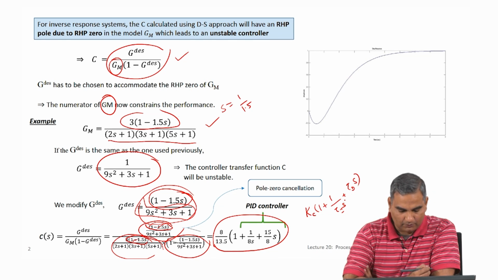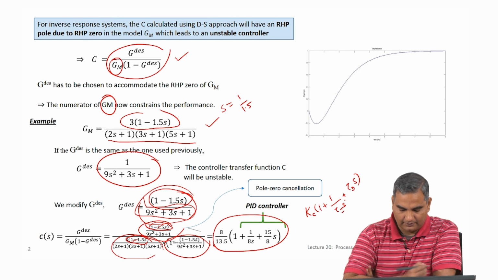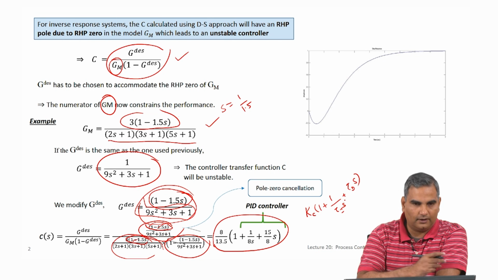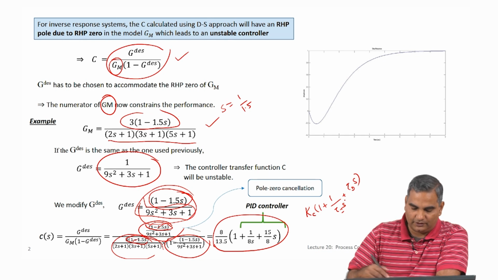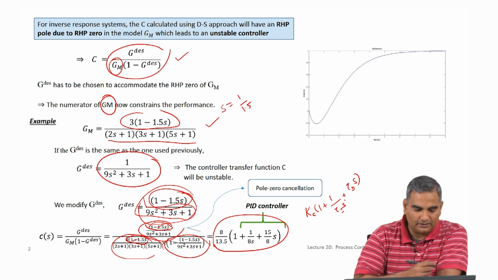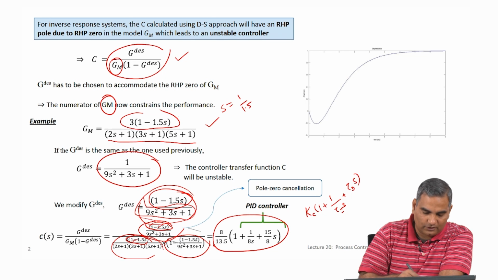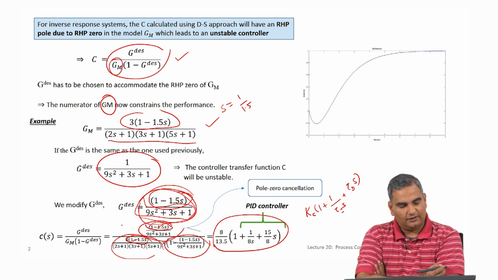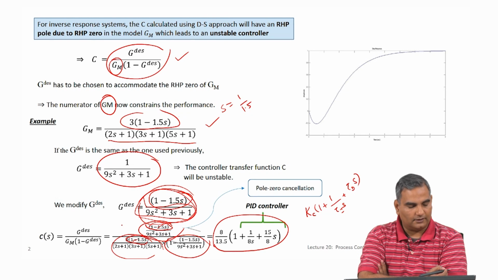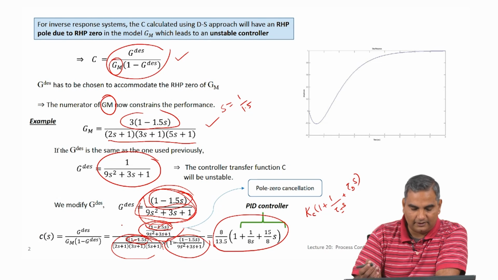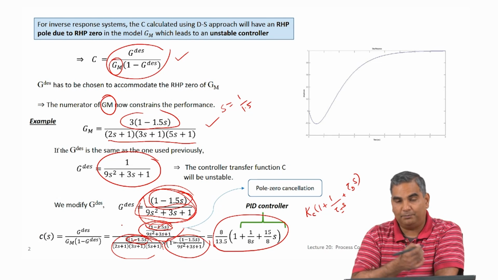So, basically what this allows us to do is design a PID controller for inverse response systems. So, it is still in the form that we are comfortable with. However, there is an understanding that we are losing certain performance, and that performance loss is actually deliberately introduced by us in this G-desired transfer function, so as to keep this controller stable. Notice in doing this, we have a stable controller, get reasonable performance, and we get a PID controller.